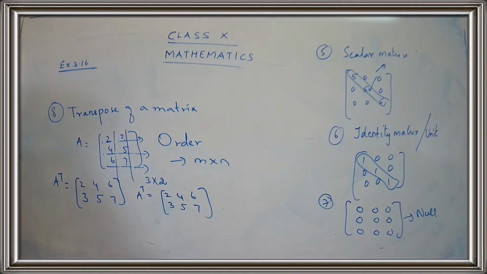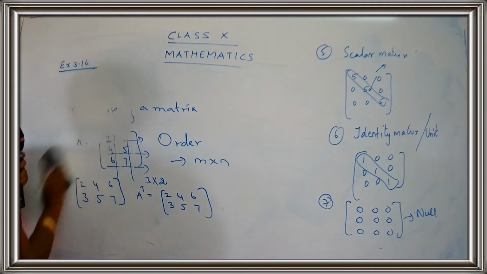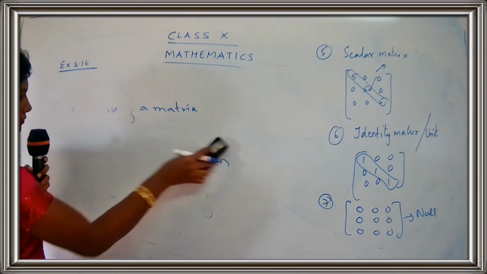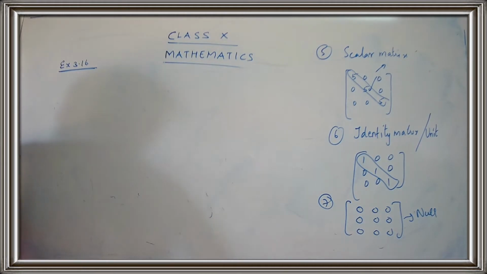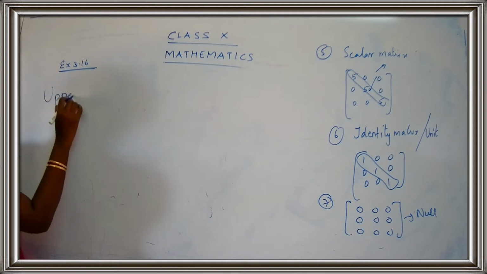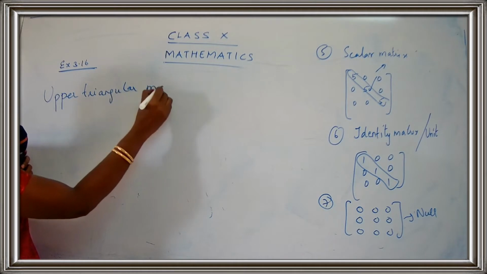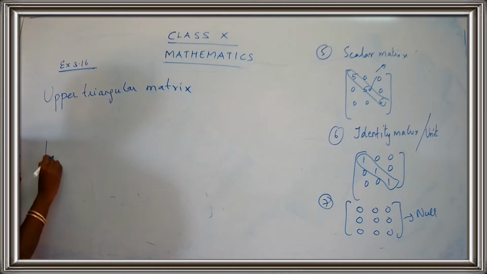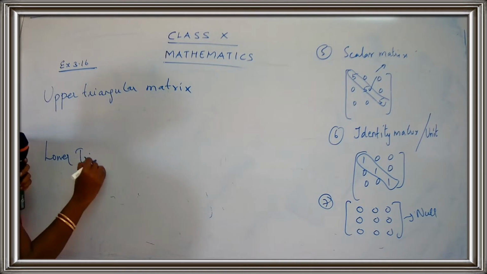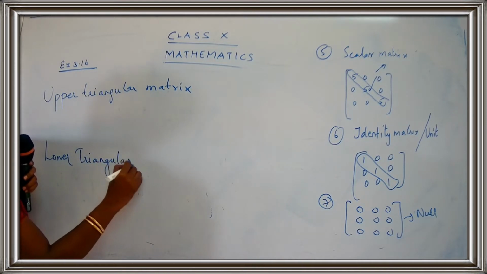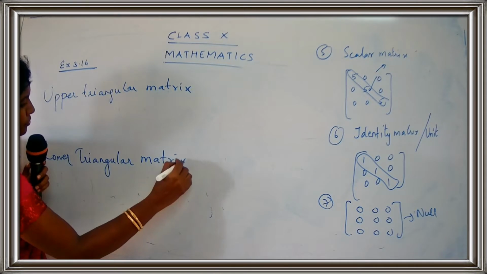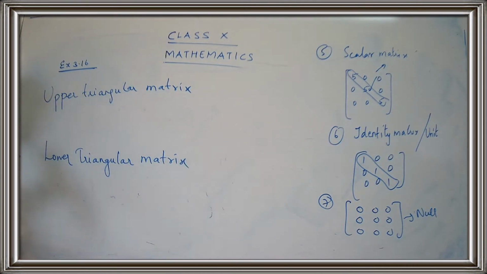Now let's go for the last point and we will continue with our exercise sums. A triangular matrix. Under triangular matrix we saw upper triangular matrix and we also saw lower triangular matrix. So these are the 2 points that we have seen under triangular matrix. So how is a triangular matrix looking? First of all, it's an upper triangular matrix.